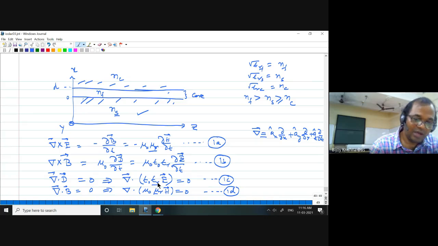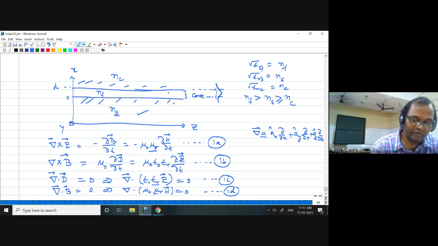Moreover, we understand from our ray optics picture that for a guided mode, the field is not restricted only to the core region, it can extend to both sides. So as far as the mode field distribution is concerned, you have to deal with this three-layer medium and find the boundary conditions, etc. That is the reason if I am talking about just the substrate region, I will put NS, epsilon s, and accordingly consider the divergence value.